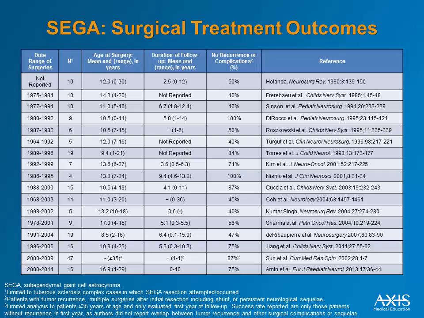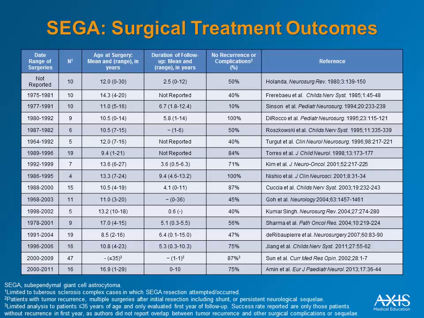And when we look at these in a pooled analysis comparing favorable outcome, which means no recurrence or complication, the overall success rate is about 68%. And this is lower than what most people would quote in today's world, because this includes surgeries that occurred 20 or 30 years ago, and certainly, as I mentioned, surgical techniques and approaches and surgeon expertise has advanced dramatically in